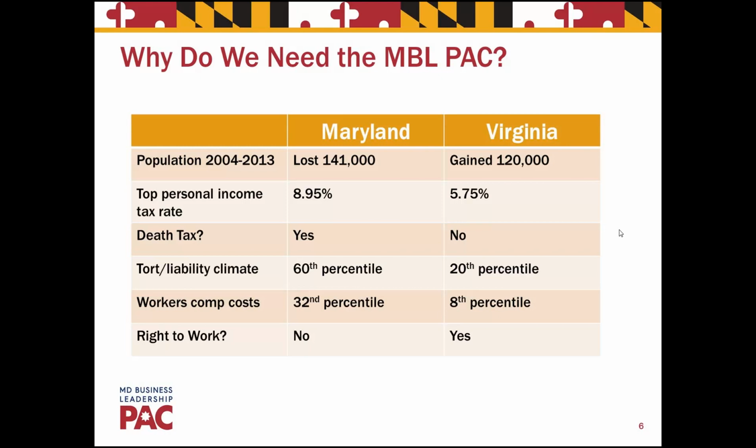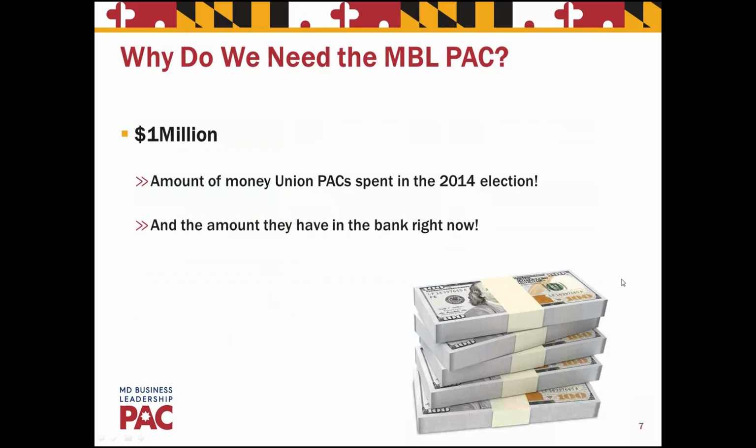And we've now crossed, with regard to right to work, there's now a majority of the states that are right to work and a minority that are not. Even states such as Michigan, the bastion of unions in Detroit, has now gone right to work. So we're at the precipice of falling behind if we don't step it up on some of these policy issues.